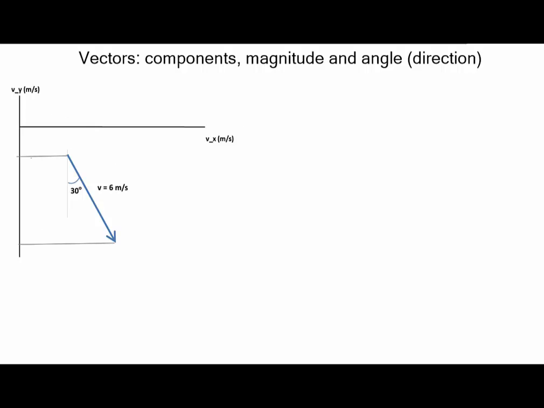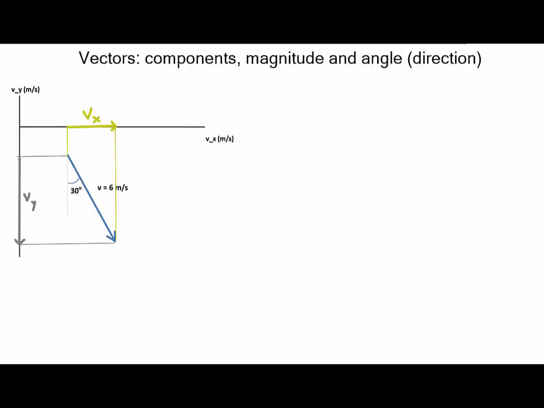And so here's how they look for the y-axis and for the x-axis. So the projection of this vector along the y-axis will look like this, with the arrow pointing down because my original vector points downward. And along the x-axis, it would look like this, with the arrow pointing right because my original vector points right as it goes down. So I can label these two as Vx for the x component of this velocity and Vy for the y